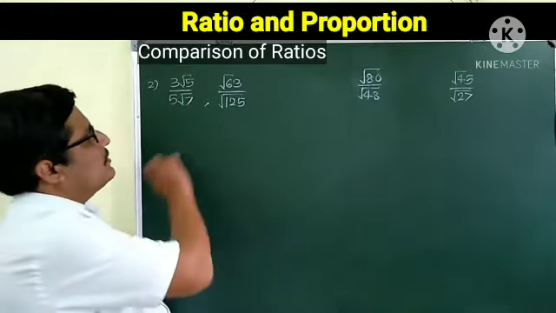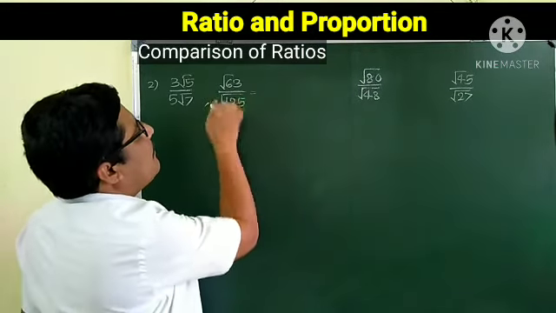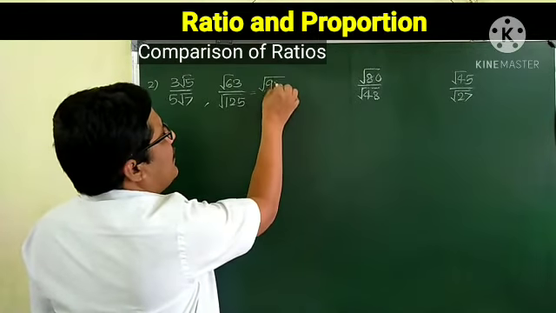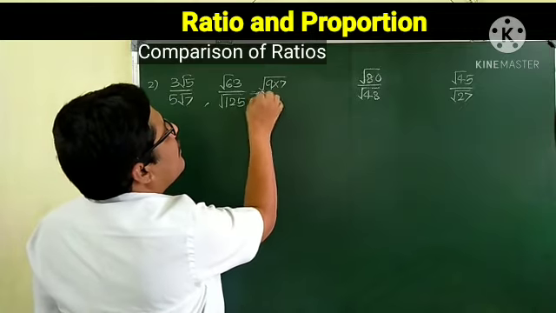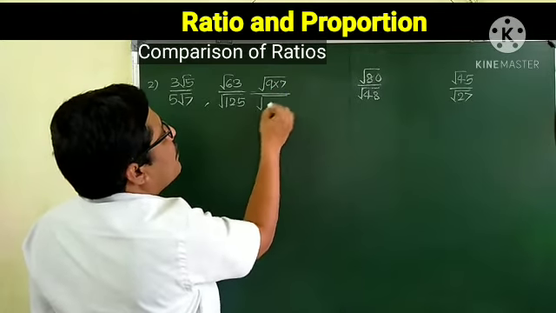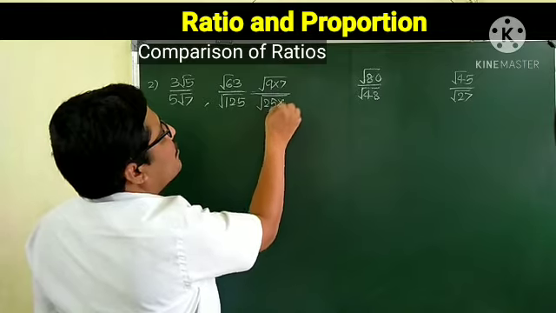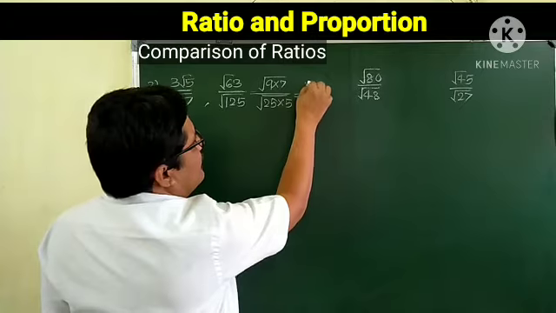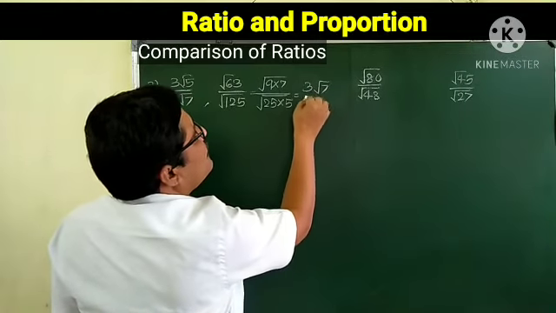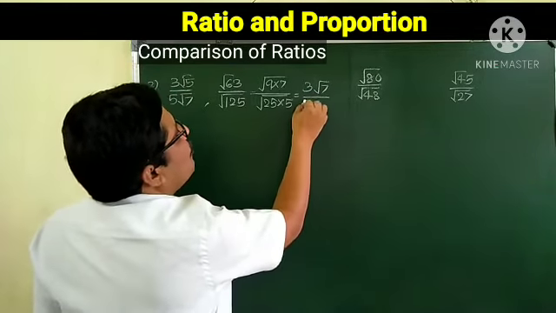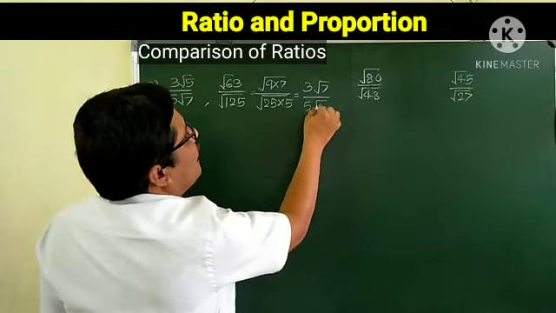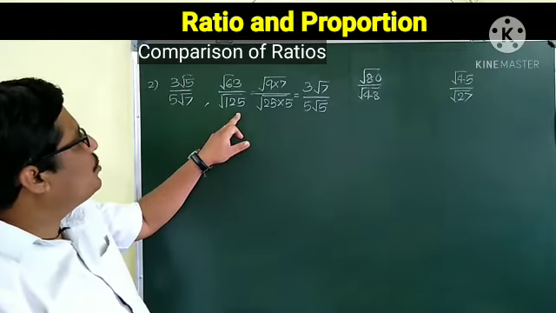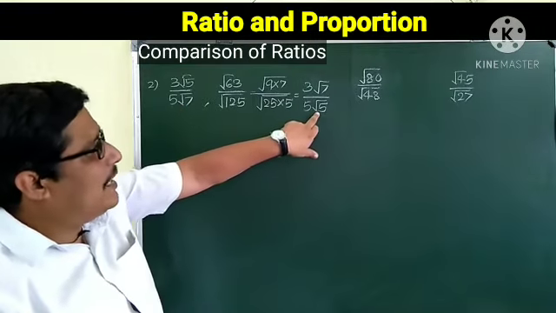Now these are another two examples. So first example, here we can simplify this ratio. For that we can write this as square root of 9 into 7, and here we can write square root of 25 multiplied by 5. So square root of 9 is 3, so 3 square root of 7, and 5 square root of 5. So while comparing these two ratios, we are going to compare the first ratio and this ratio.